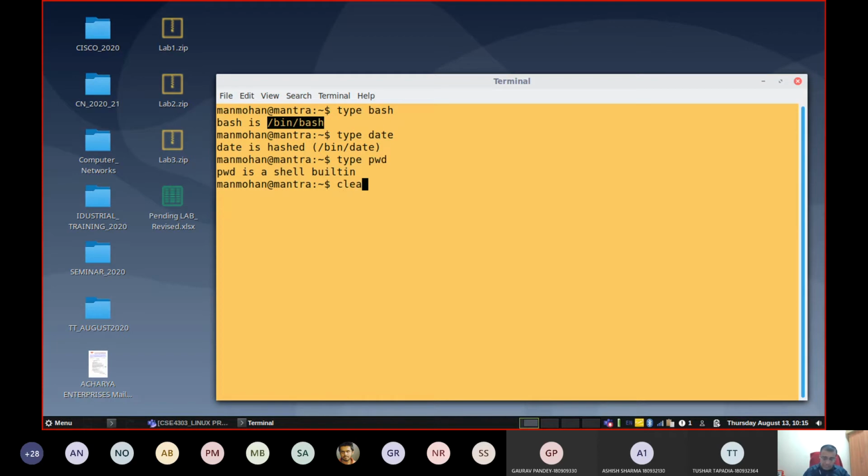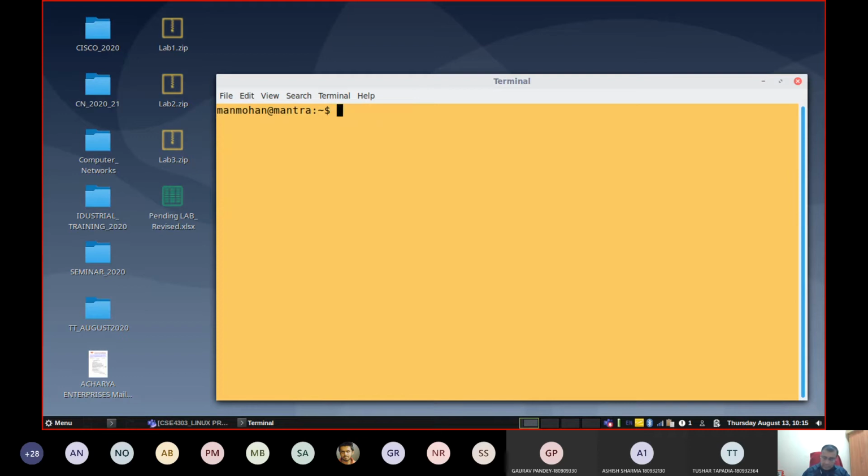Another useful command is locate. If you say locate with some command, say for example date. See here, if the command is wrong, it will say locate command not found.